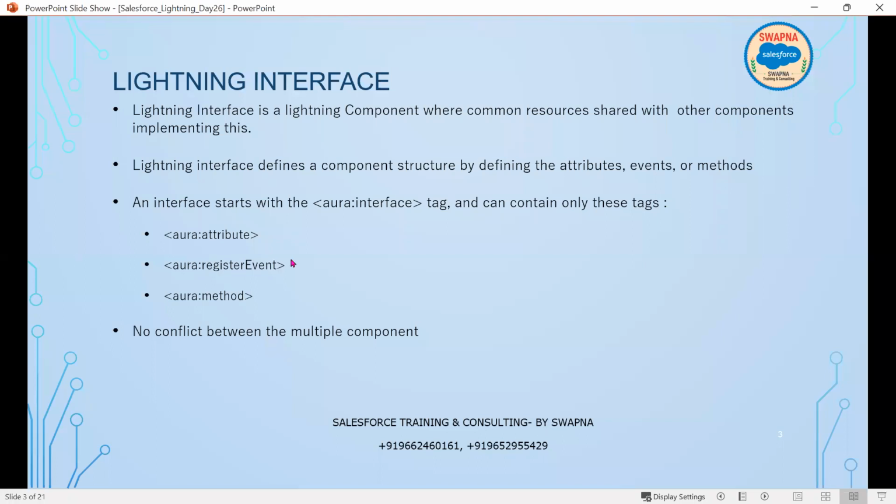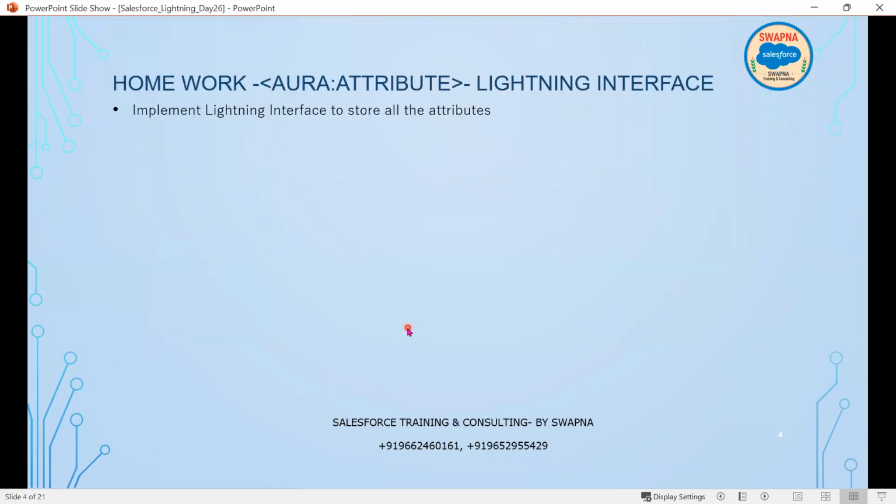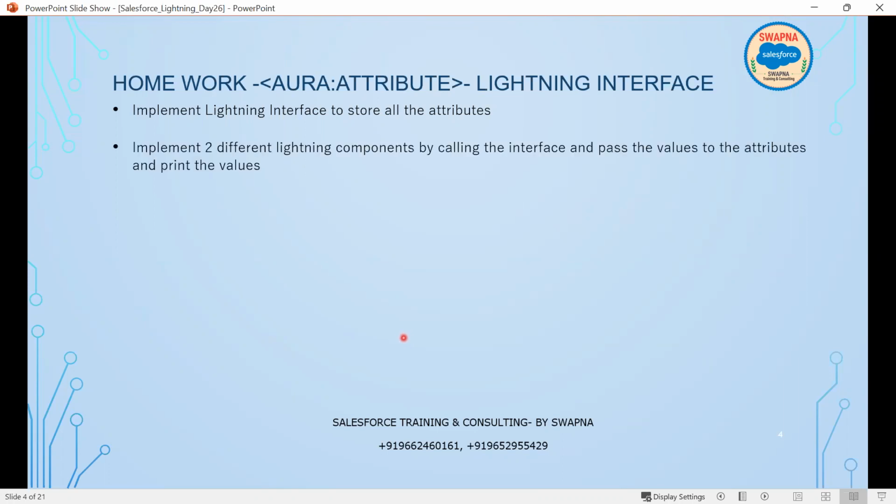The next one is, before going to the next one, homework for the aura attribute. Implement a lightning interface to store all the attributes. Put everything, whatever attributes you need. For example, employee details or candidate information, or let's take patient data. So move this patient